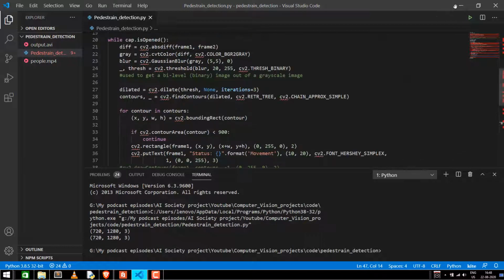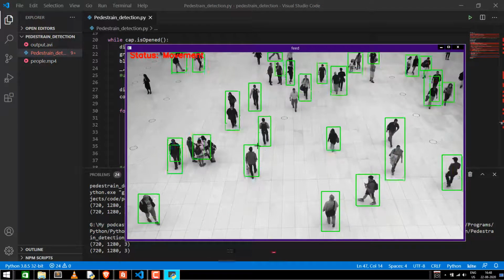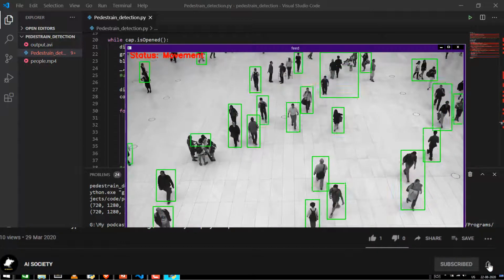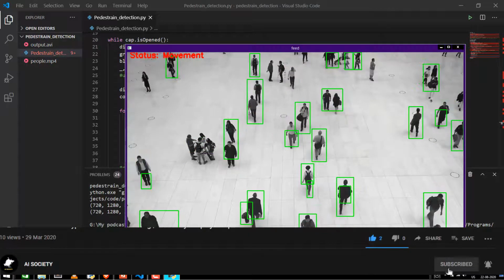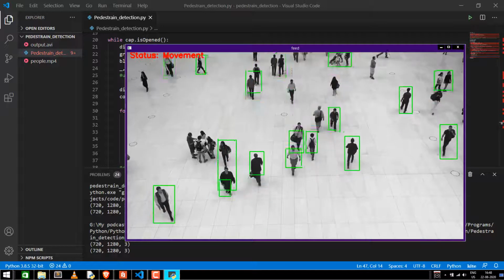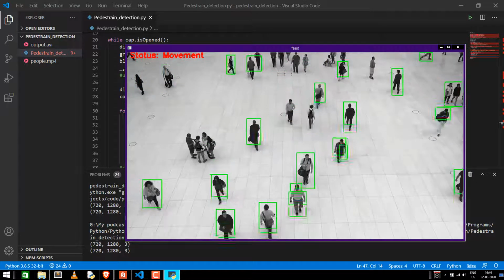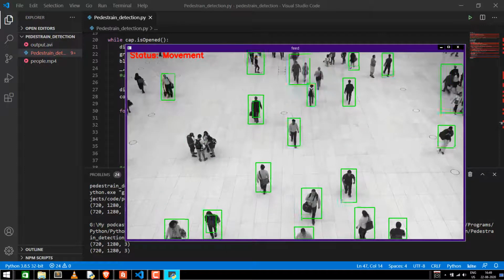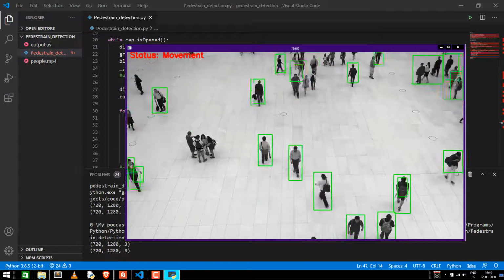So let's see how it works. As you can see here, it is able to detect the persons quite well. It is not able to detect them in groups, so it is not perfect. Obviously we are mostly using the inbuilt methods and we are not creating this manually, so these kinds of errors are going to happen. But I think this should excite you to explore more in this field.